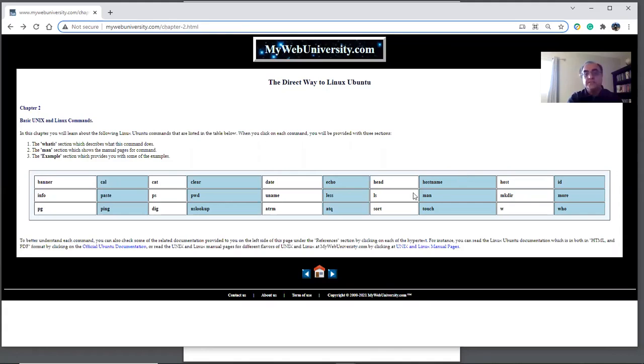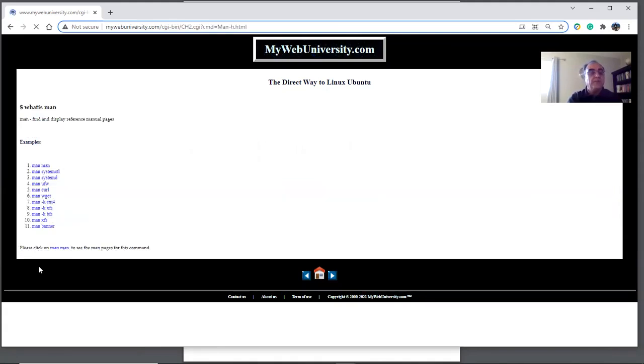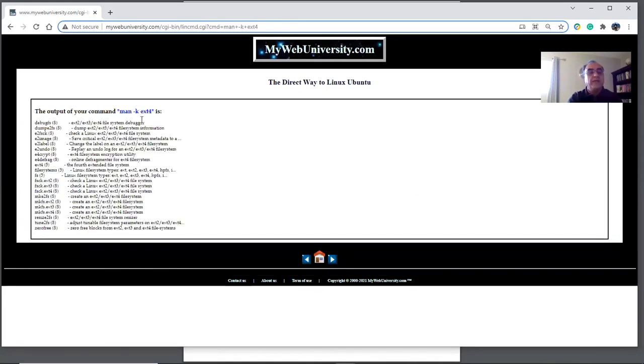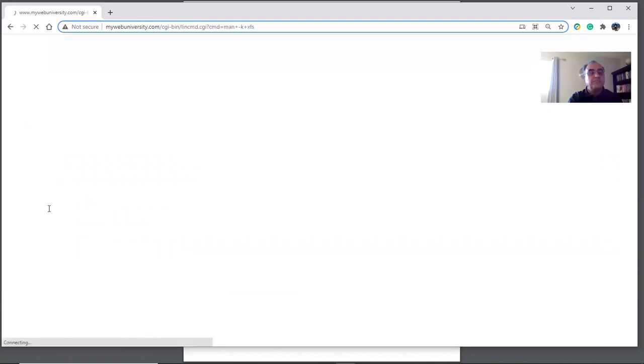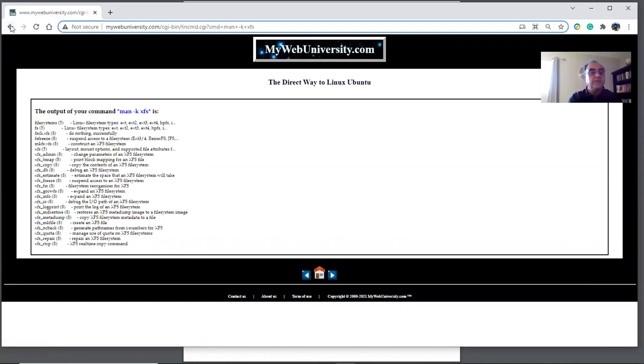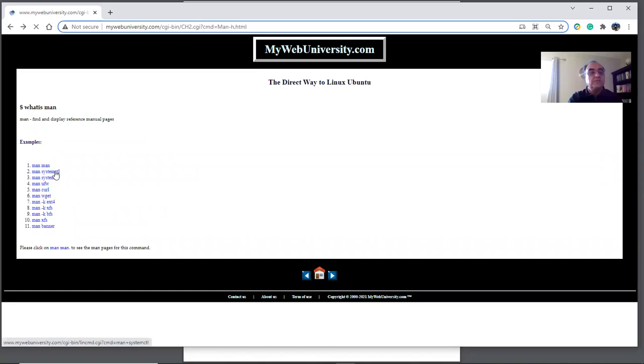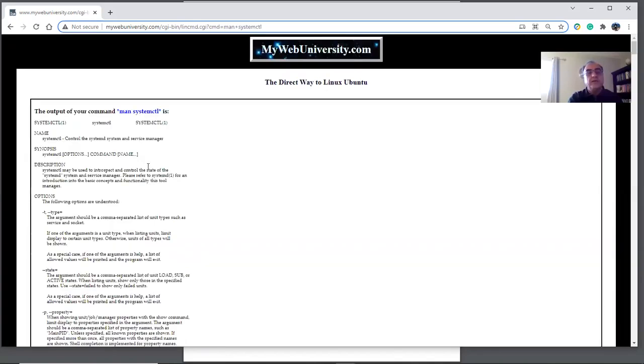So what was the next one? Man page. The man page basically gives you the manual pages. Here I'm giving you man -k, for keyword, on the extended 4 file system, so you can get a list of them. And similarly, if you do -k for XFS, it will do XFS, and by itself, like the systemctl command, you will see the actual